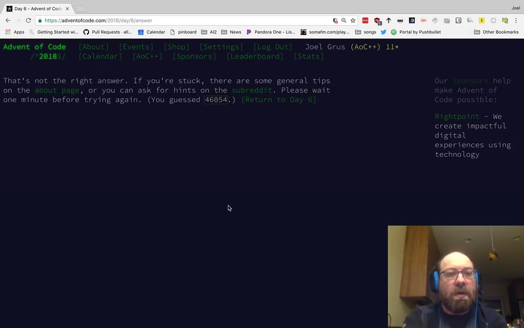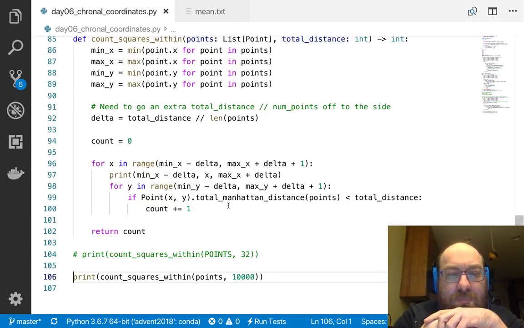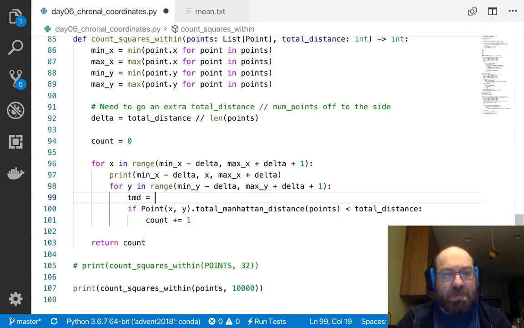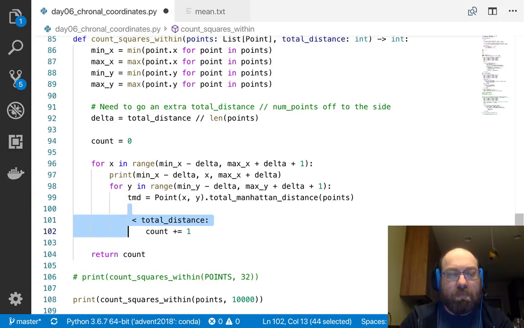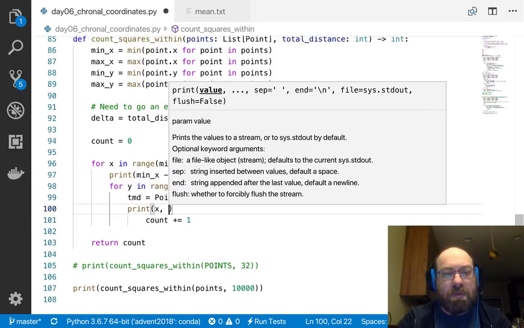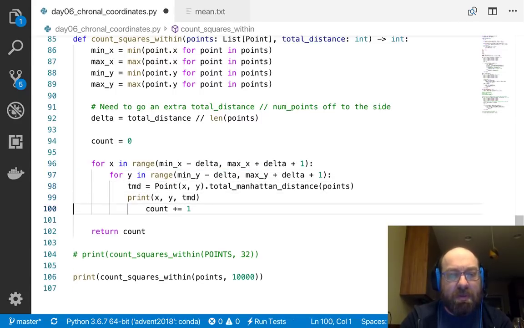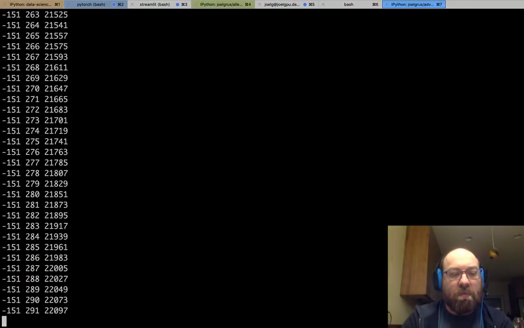And that's not the right answer. Please wait 1 minute before trying again. So you guessed that. So let's say TMD equals point xy total Manhattan distance points. Print xy TMD. So let's not do that. And then if TMD is less than total distance, count plus equals 1. Okay, so let's run this again and